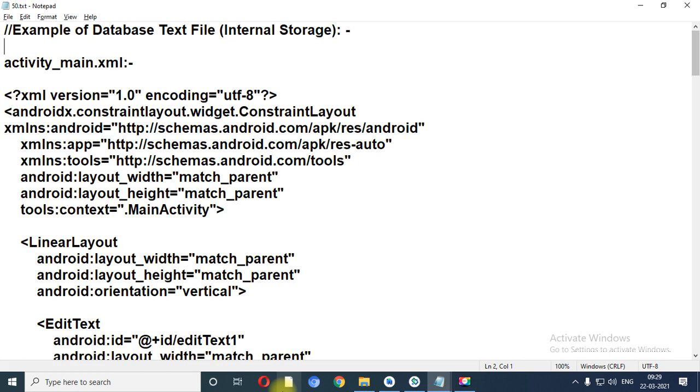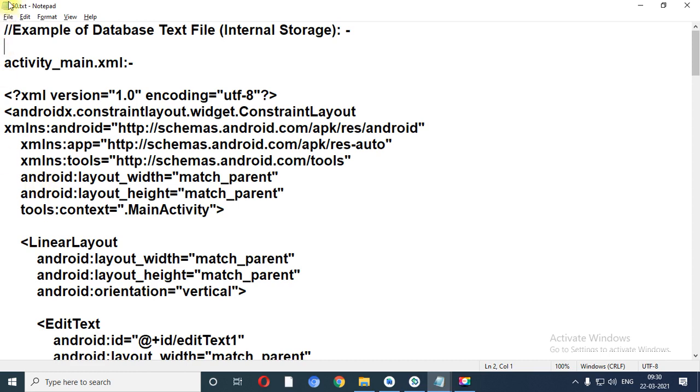The concept of text file we have already studied in C++, right? Binary file and the text file. So here in Android also you can save your content in the form of text file. What I have designed here is that I will enter my text in one edit text. I have placed three buttons: read data, write data and clear my data. So there are three buttons which I have placed inside the design view.